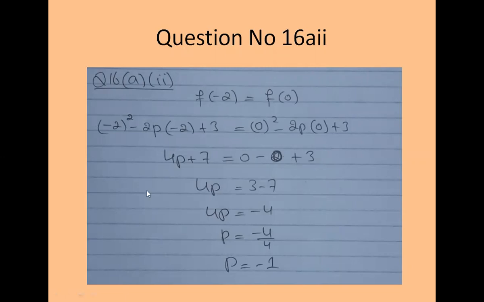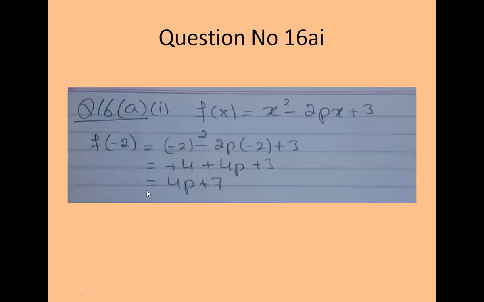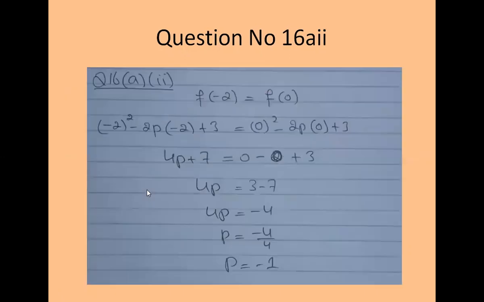So in the formula of f of x, which is x squared minus px plus 3, in place of x, I will put minus 2. So you will have minus 2 whole squared, minus p into minus 2, plus 3. And on the other side, we have f of 0. So in this formula, 0 squared minus p into 0 plus 3. So you will have 4p